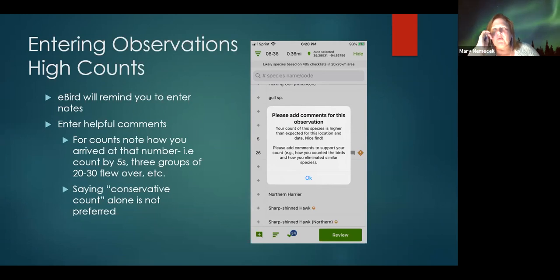So an example would be trumpeter swans up at Los Bluffs. There's over 2,000 up there right now in the refuge count. And so we'll get a lot of checklists in that'll have over 1,000 or over 2,000, and they're currently flagged. And some people put, I don't know why this is flagged, it was on the refuge report. Well, eBird doesn't know what was on the refuge report. But if you say, counted by tens as we went around the loop, or counted by hundreds, or basing this on the refuge report, it just helps us know how exactly you got to that number. So the more information you can give us, the better.